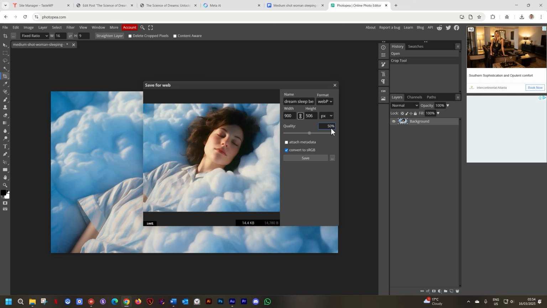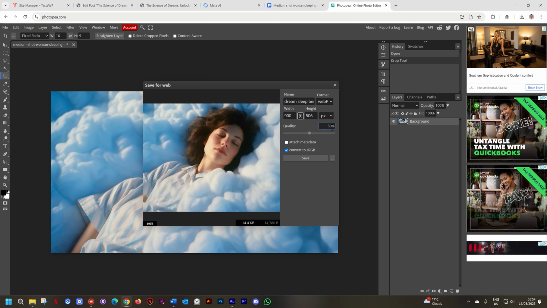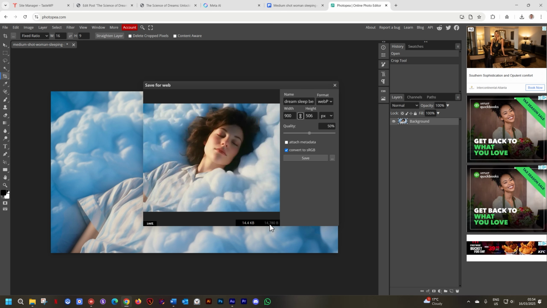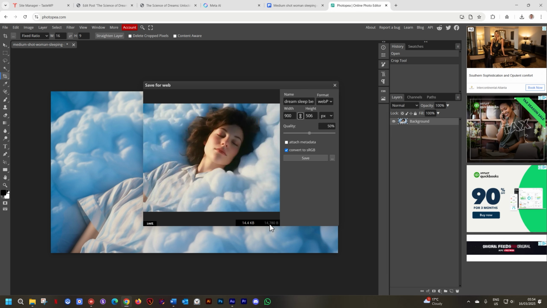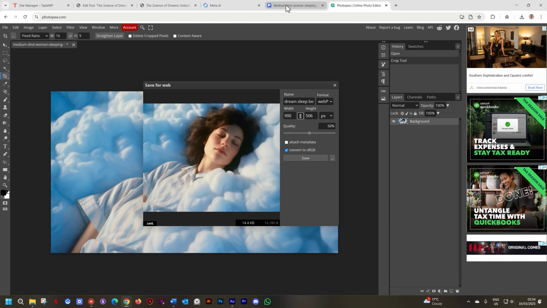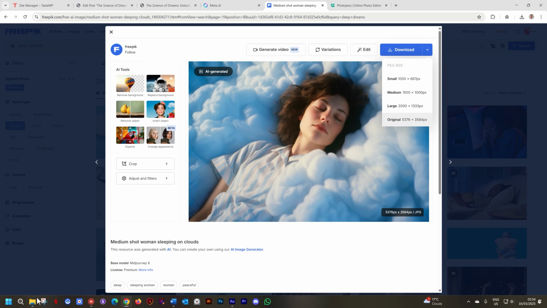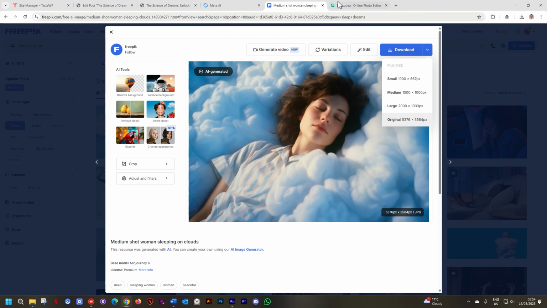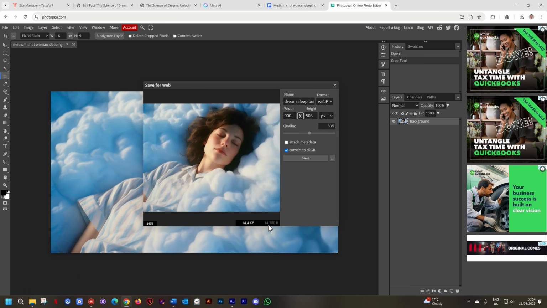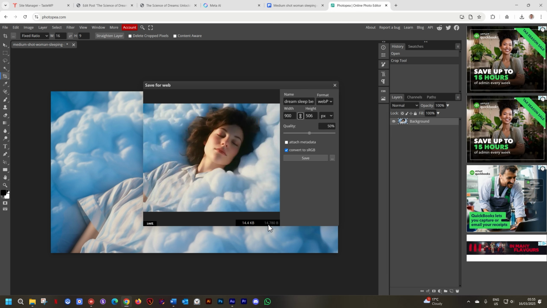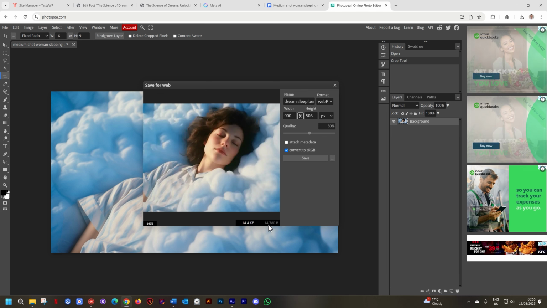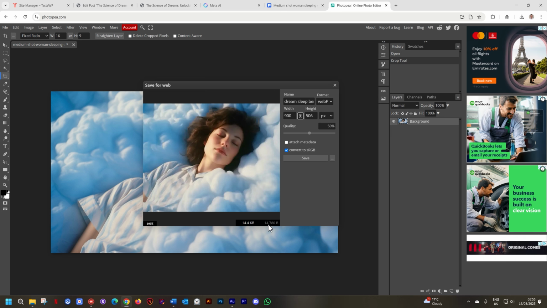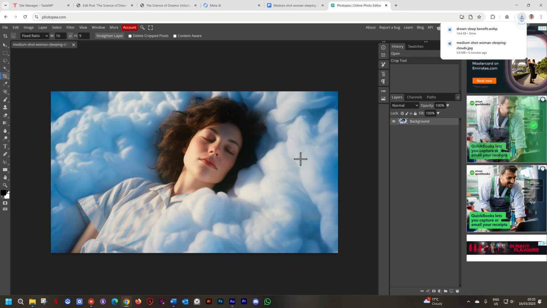You don't need 100%. And now comes the most important observation of your life. And that is that this image is now 14 kilobytes. That is ridiculously small. You have no idea how small that is. We started with an image, let me go to my folder, that is 5.8 megabytes. And now we are going to export this image to 14 kilobytes. And that is what we are aiming for, to get this image as small as possible. The smaller the image, the quicker your page will load, the more the internet will love you. So select Save. And that's it.